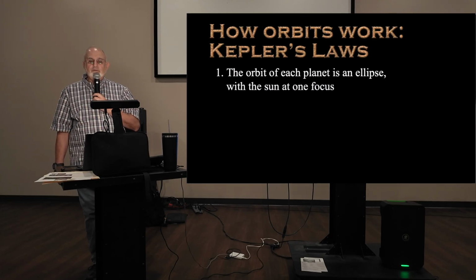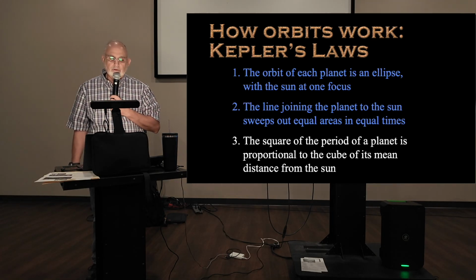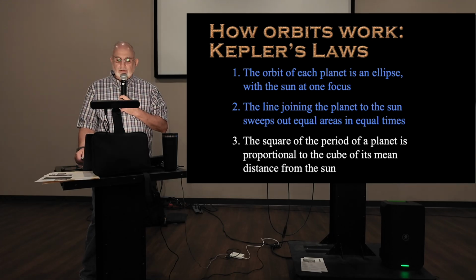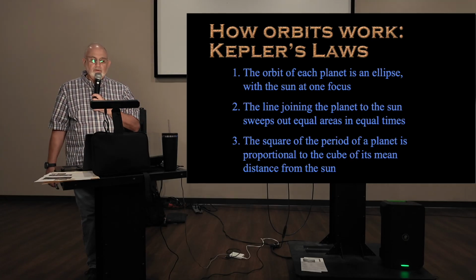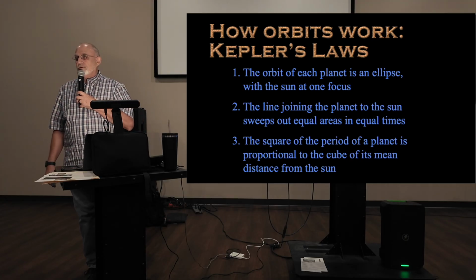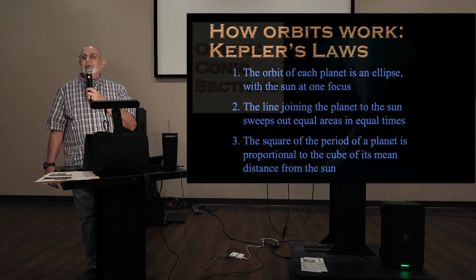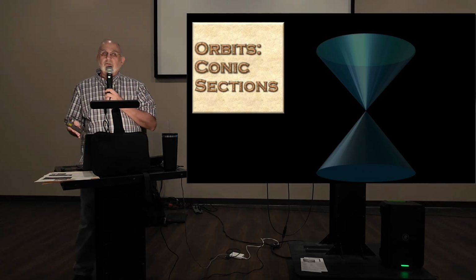Well, it turns out in the 1600s, a guy named Kepler came up with the laws of planetary motion. He did this in 1609. And we're going to go through these very, very briefly, just to give you an idea. He did this without a calculator, without a computer, without even a slide rule. He did it with math on a piece of paper. Anyway, the first of the things he discovered is that the actual